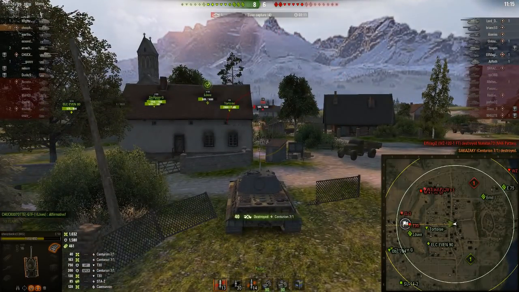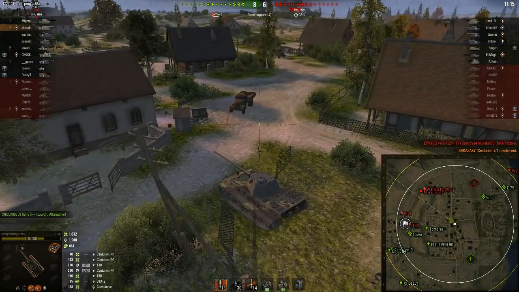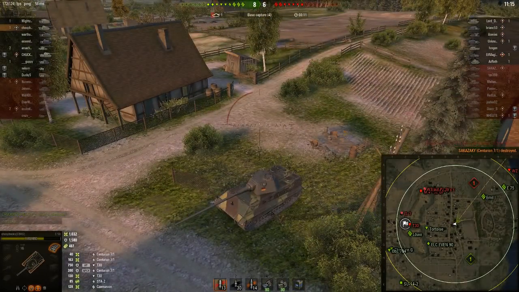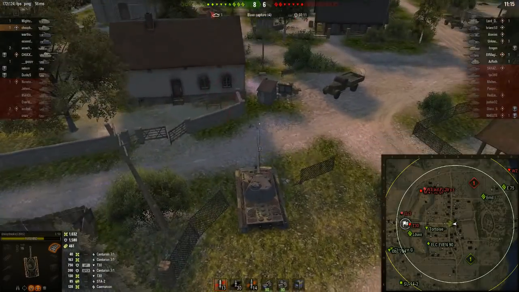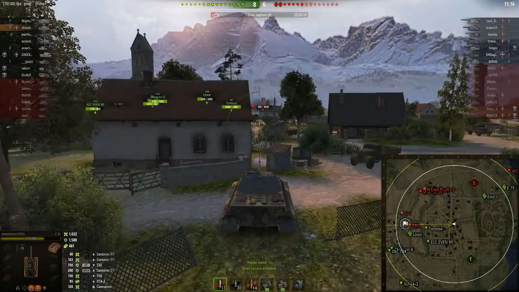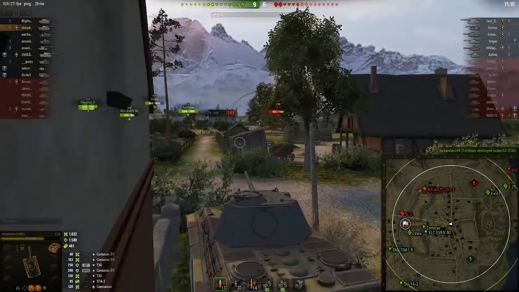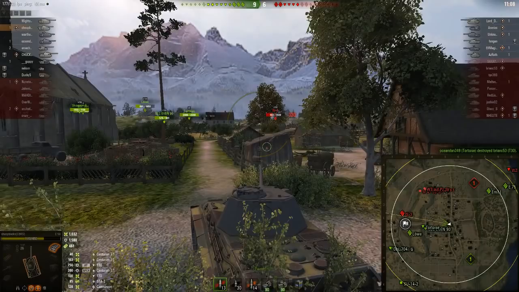Now, the way you find this position, look on the minimap. You'll notice on the minimap there are roads in the middle of the map, and there's a triangular shape. And basically, the position is to be inside that triangular shape. When you're in that triangular shape, you're a pretty good distance to the encounter base where you can hit tanks